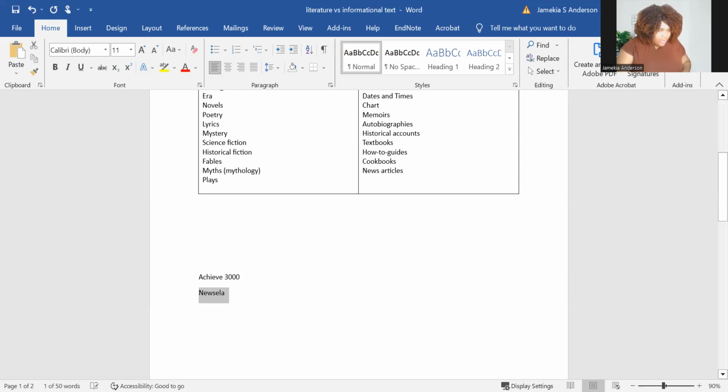Which is another great resource. I think that's what it was called, y'all. Let me just double check. Yeah, that's it. News ELA, which was a good one. There's another one I used to use all the time, and oh, CommonLit is another great resource. And these are just things that you guys can use.